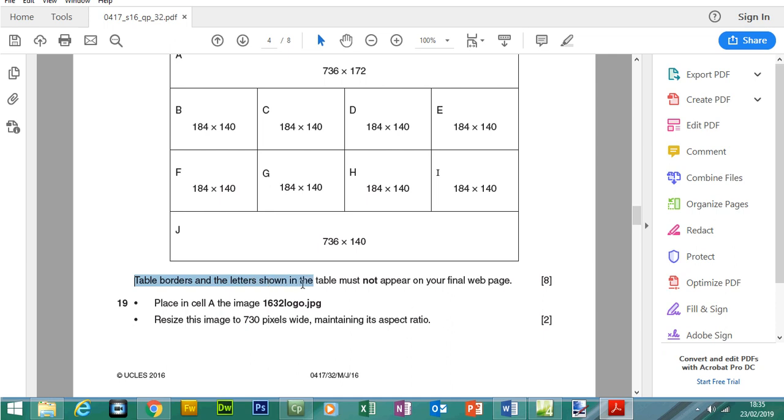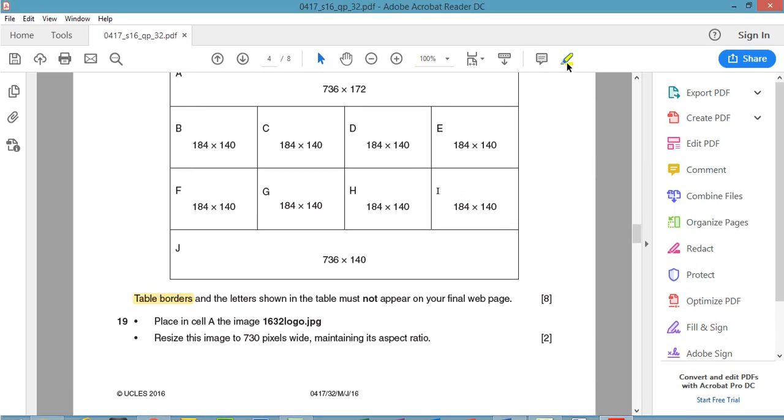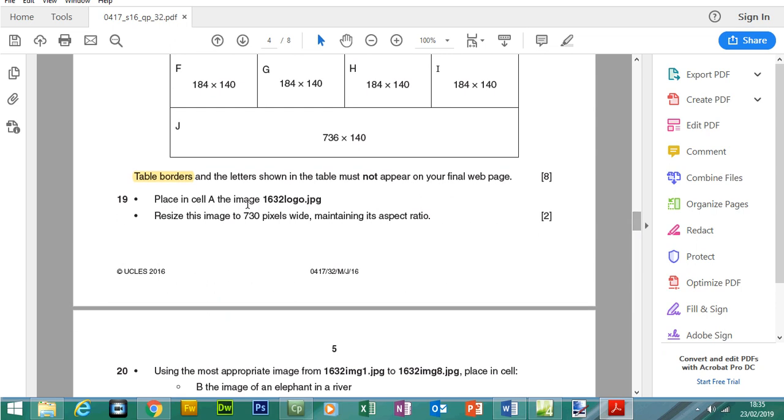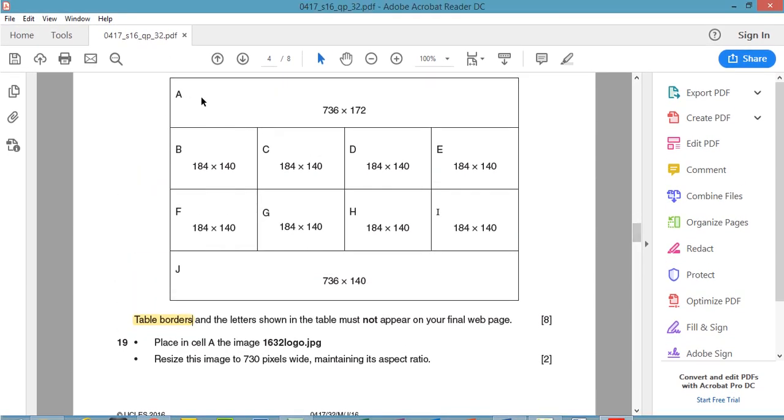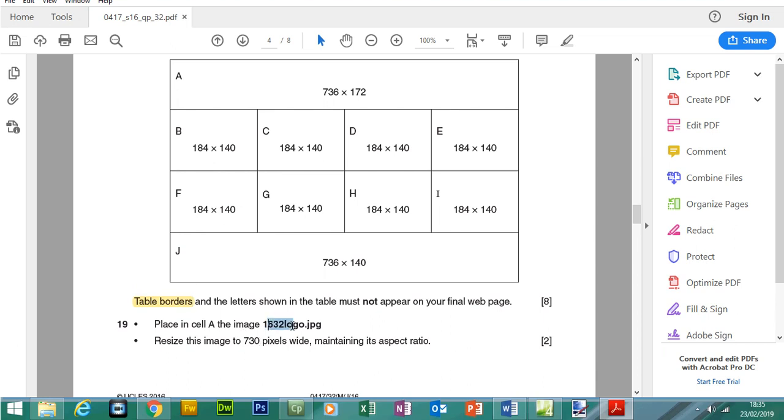Table borders and letters shown in the table must not appear on your final web page, so do not show these letters. I'm going to highlight table borders because we'll probably have to come back to that at some point later on. Okay, now for question 19 in cell A. Cell A is the first row. Place the image